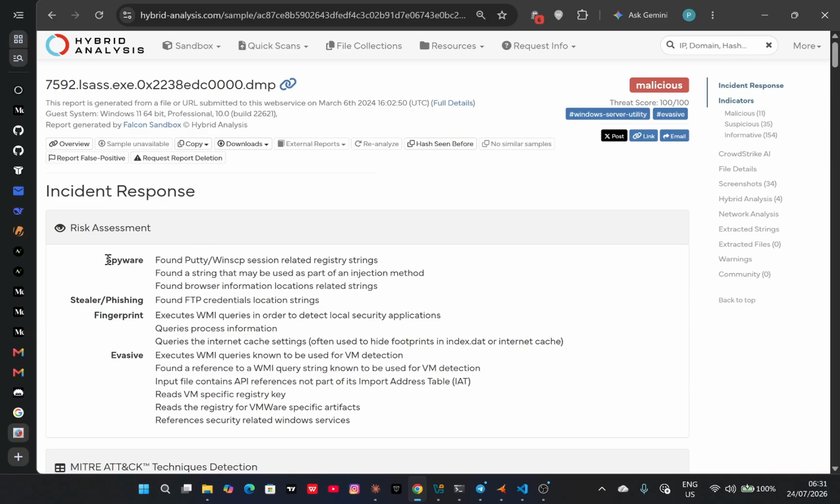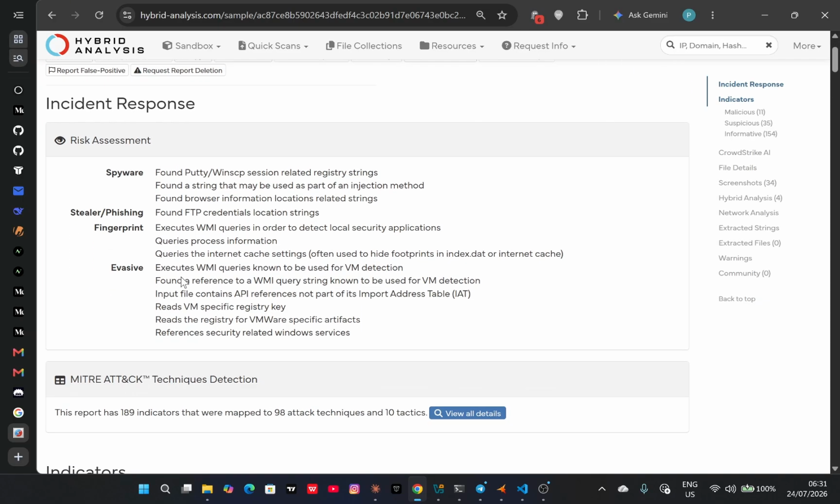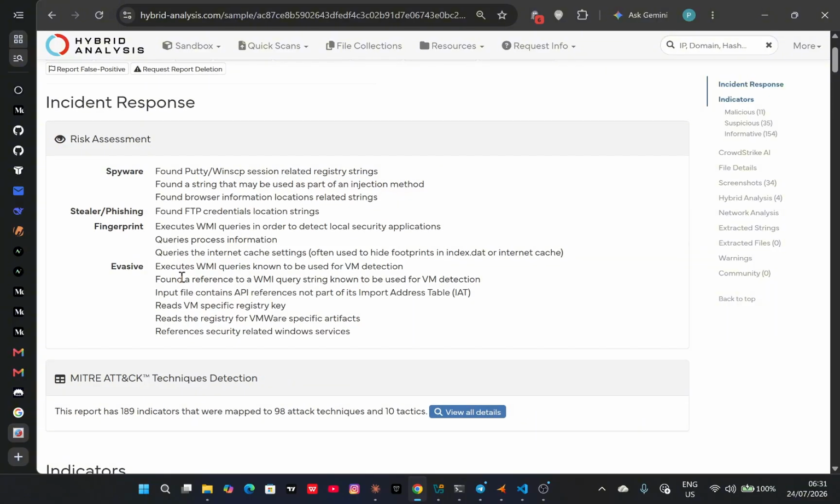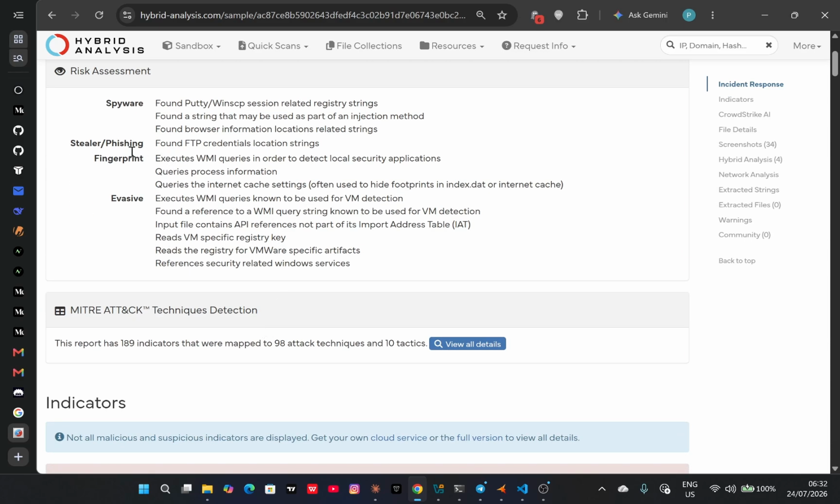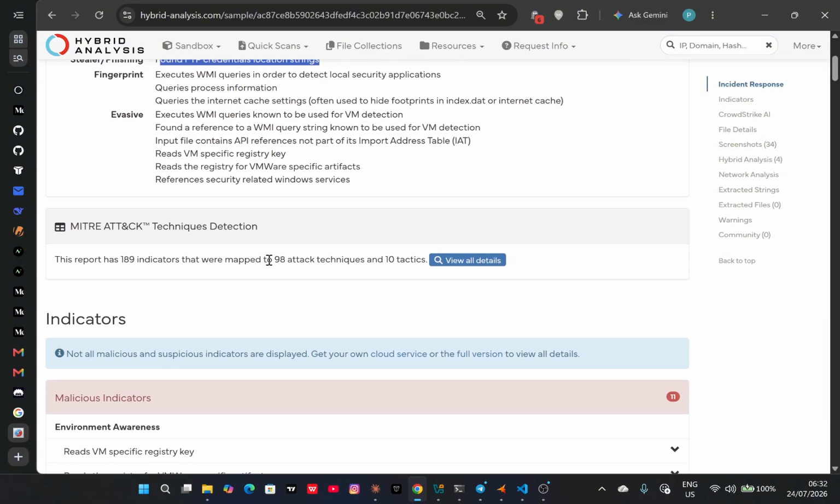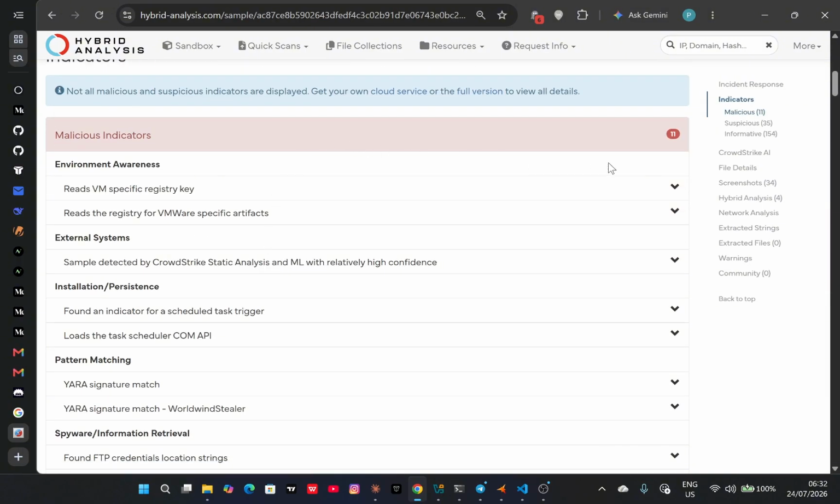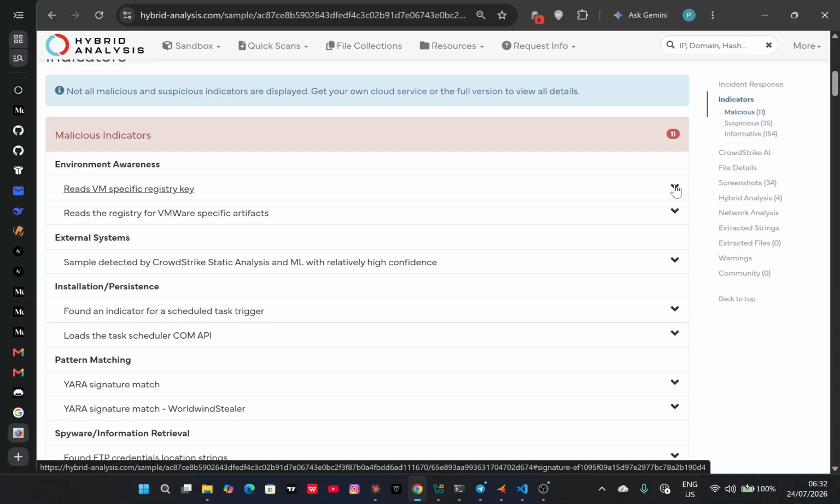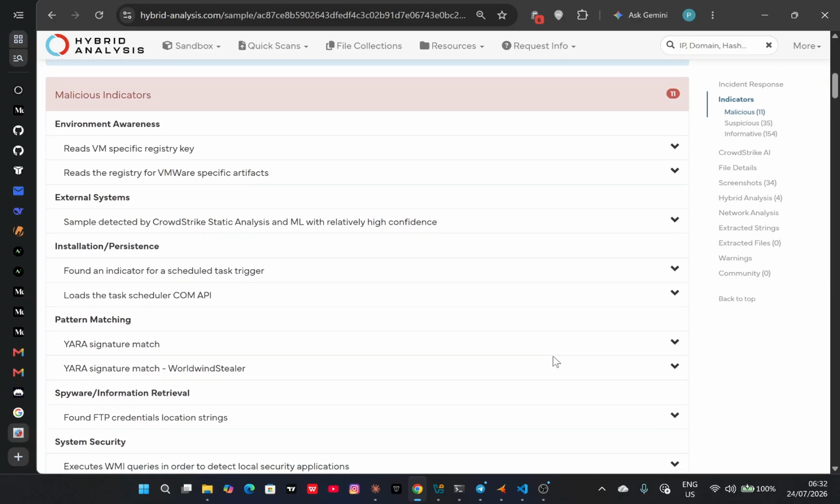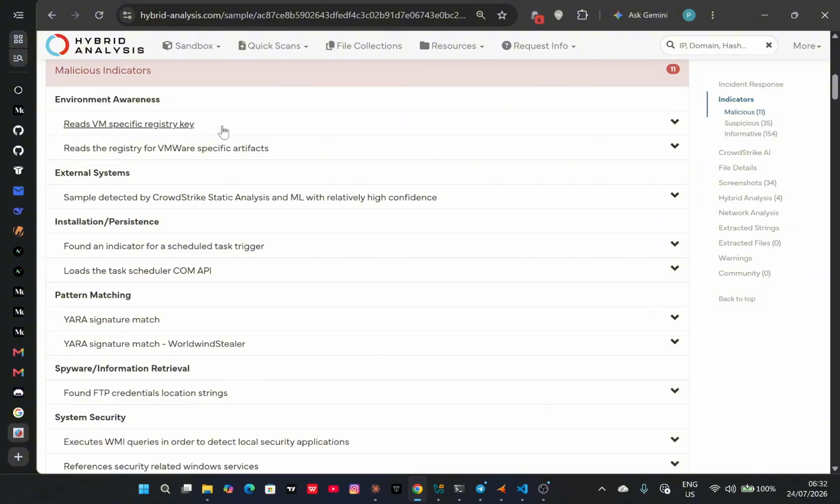So this says the risk assessment is where it has some kind of technology or technology found officials. So everything points to the malicious nature of this specific file, right? It reads VM specific, it also reads the registry for VMware specific artifacts,